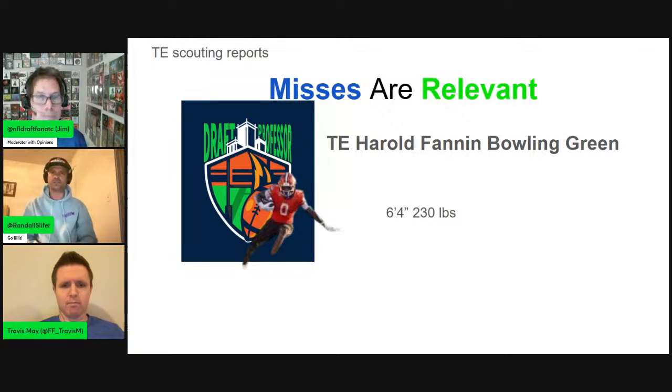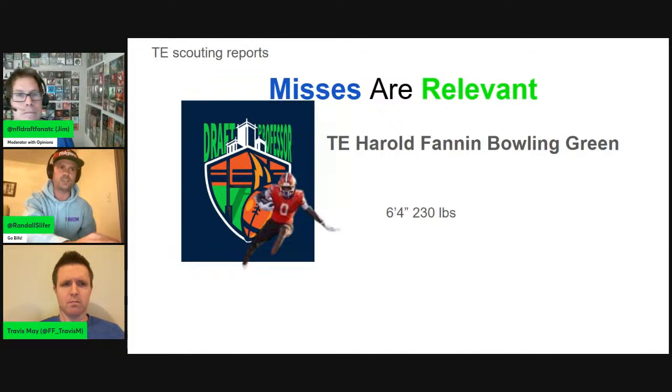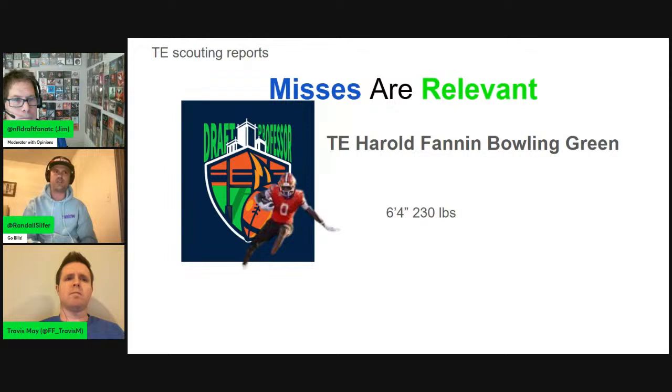His yards per route run is 3.65, which is nuts. I really do like his route running. He's elusive at the stem for a tight end, which is kind of rare, and he's got really good timing on his slants. He's got good elusive work, as well as when he's in the open field, he can kind of take off. He had a really good touchdown against Texas A&M that hit that second level, and then he bobbed and weaved his way into the end zone. That was super impressive as well. I mean, he's got it all.